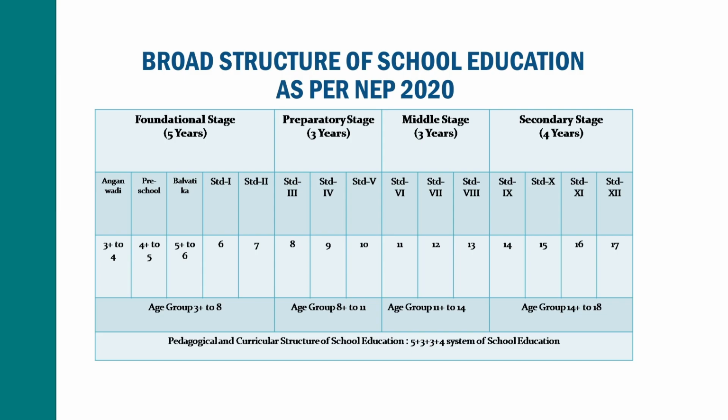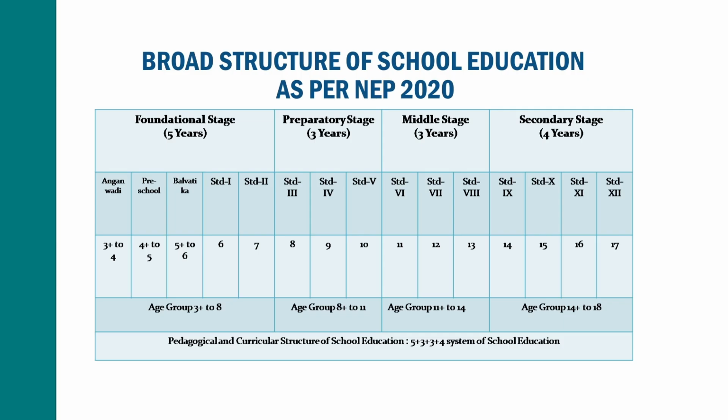So friends, being a student of education, you should understand about the present practices of the school structure, and at the same time the present development, the changes that have been recommended in NEP 2020. So friends, after discussing the broad structure of present school education, and the recommendation of NEP 2020 on curricular and pedagogical changes of school education, that is the 5+3+3+4 system of education,